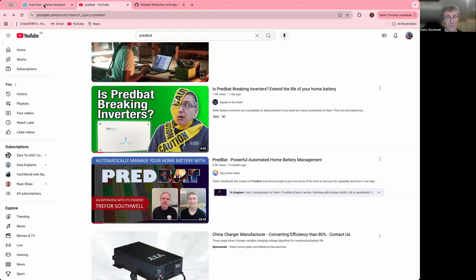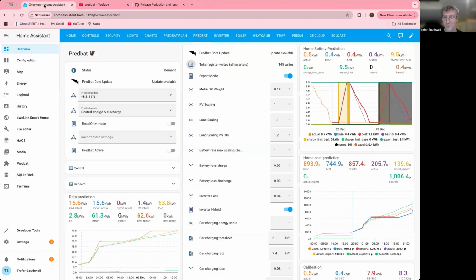So what I've been doing is just working on some things to help with this, to ease people's minds and sort it out. So one thing I've added to Predbat now in the latest release is a total register writes counter. It's not actually counting register writes; it's counting calls to write to the system. So exactly how those translate to register writes depends on the layer underneath, which may coalesce multiple together and it may be less, or they may split them up and it could be more, but